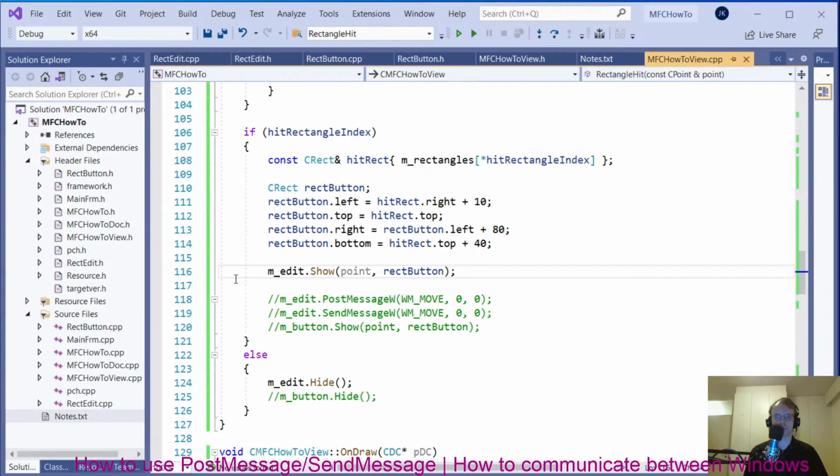So we're calling the show here, and now we want to use PostMessage to do the same thing. Here we are calling the window directly. So let's now use SendMessage to do the same thing. The way we do it is that we need to create our own message, and then we need to create a message handler for that. And the best thing to do here is to read the